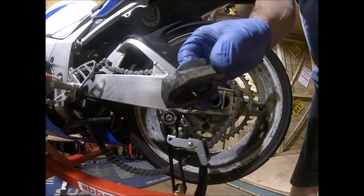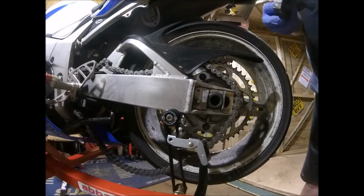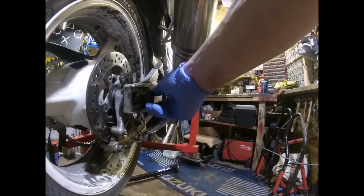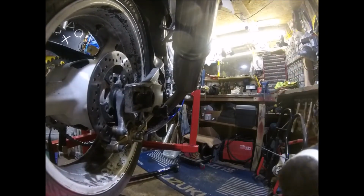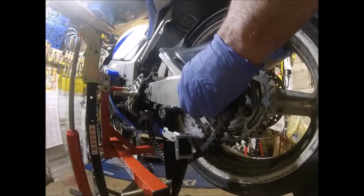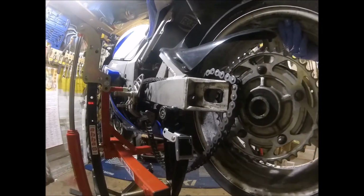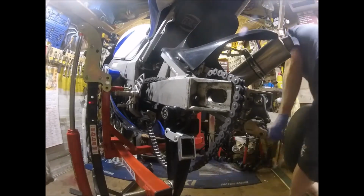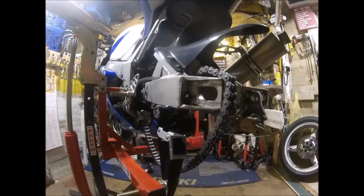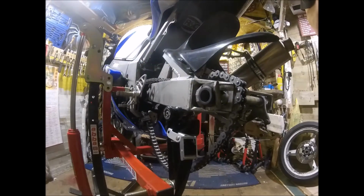So that's the nut washer and adjuster block off the other side. So now get my plastic hammer and knock the axle through. Just put the nut back on so there's less chance of damaging the thread, and then knock it through. That's the wheel off. Just shove the axle back in, remembering to get the other spacer out of the wheel,